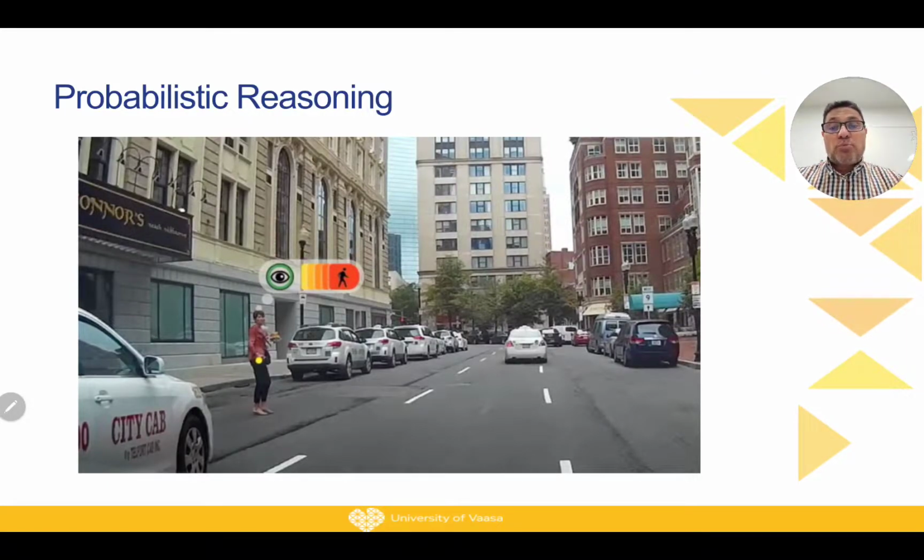So it would be much better, much easier, to build probabilistic reasoning, and we will see that this probabilistic reasoning can also be the basis for more advanced ways to build intelligent systems, for example based on machine learning, or in decision theory, for example game theory and so on. So probabilistic reasoning is very important. It can enhance the capabilities of AI.